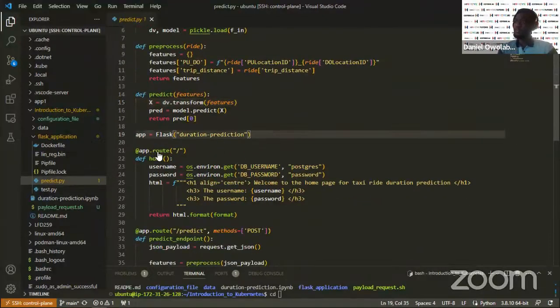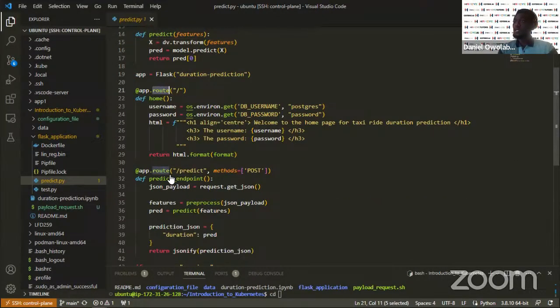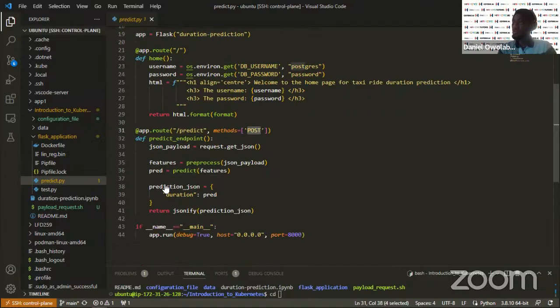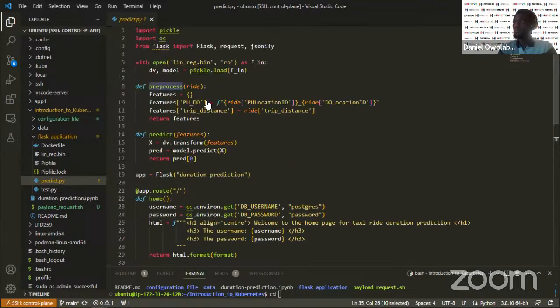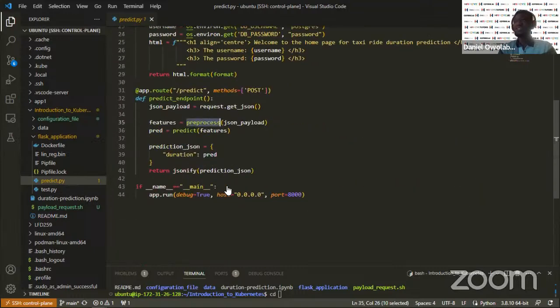And so the Flask application uses app.route, and this is the root of the web, and then the predict endpoint, which accepts post requests for prediction of rides. So we use request.get_json to get that, and we process it with that function and predict. I don't want to waste time on this. This is not what we are working with, so pardon me for going blazingly fast through all of this. We create a dictionary which is going to be the prediction, and then we jsonify it and return it. And we are making sure that we are serving this on the localhost. Now, if I run this